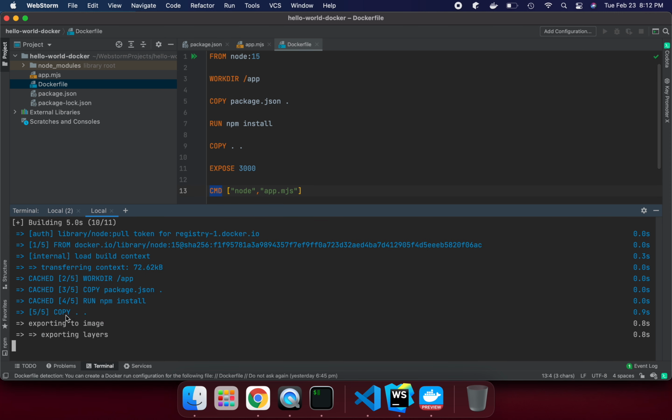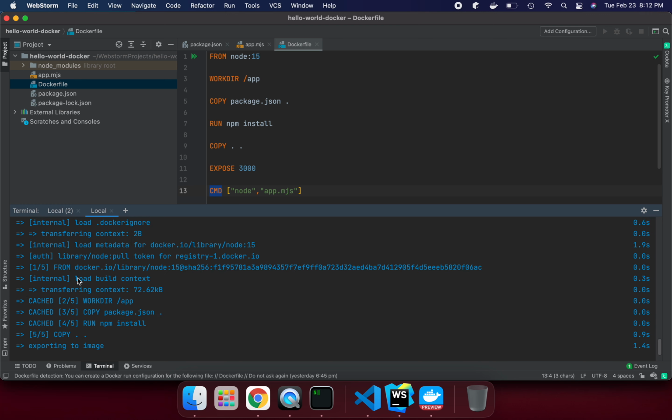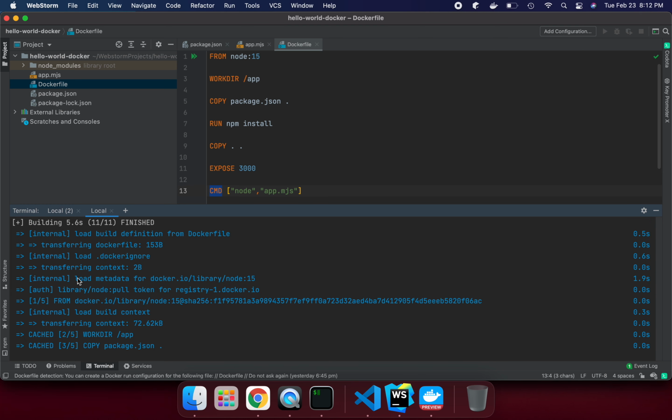So if you see, we are running those steps we are talking about here. From the first step, give me the base image. This base image is already cached for us, so it's not pulling, because this is already cached for us. And then we are saying working directory with this one. So these are the steps basically, the steps we are providing to the Dockerfile, and that step is going to be inside our binary image.